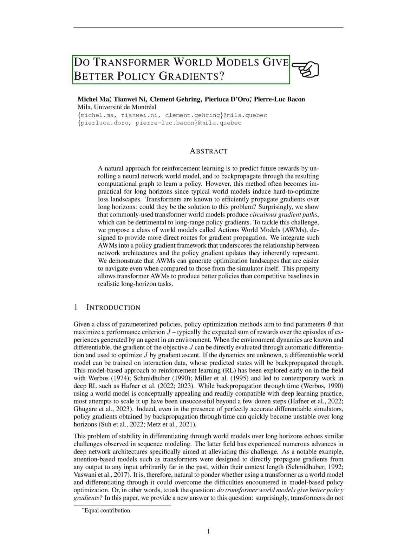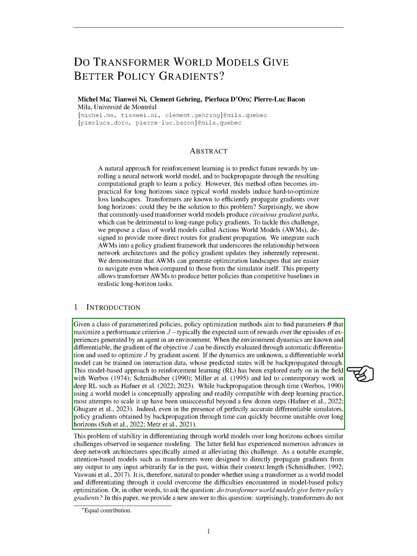Section: Introduction. In this section, we delve into the realm of policy optimization methods within the context of reinforcement learning. Our primary goal is to identify the best set of parameters that enhance the performance of an agent by maximizing the expected sum of rewards it can accumulate through its interactions within a given environment.